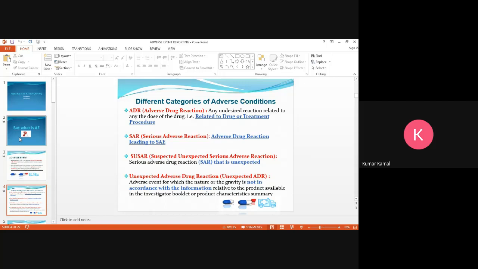So as per the definition, you can see it is mentioned as any undesirable reaction related to any dose of the drug, that is related to the drug or the treatment procedure. Then we talk about serious adverse reactions. Serious adverse reactions are those reactions which we know have been categorized, which has six criteria, and any of these reactions